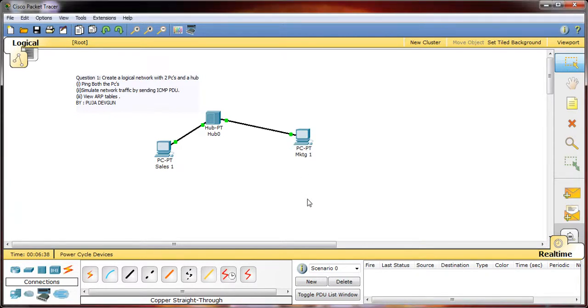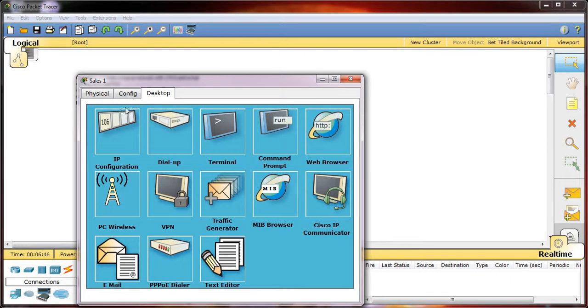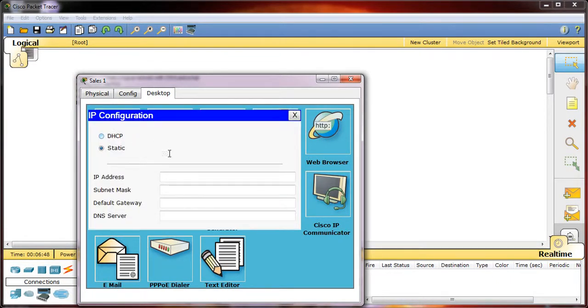Now if any devices need to communicate across the network, we know they should have IP addresses. So we'll have to assign the IP address to the PC. So I'll click on the PC and then on the desktop, and there you'll have the option IP configuration. Static is chosen by default, and you will type the IP address. For example, I choose the address 192.168.1.1. Click on subnet mask. You will get the default subnet mask. Keep it as it is. We won't change it right now.